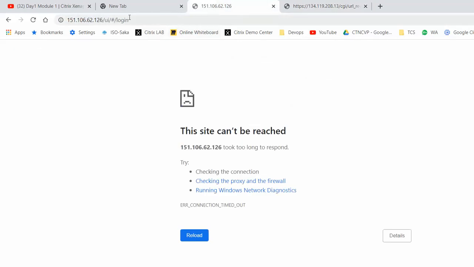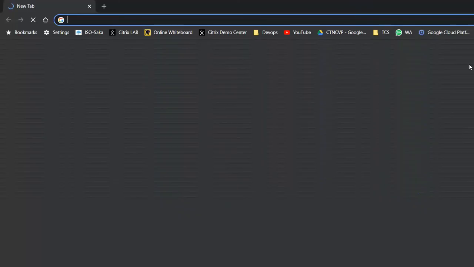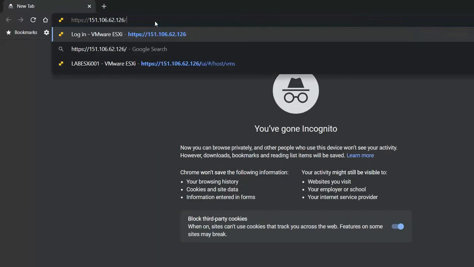So now refresh the screen. Better I would copy this IP address and go to an incognito window. There is a private browser, and I'm trying to access the server IP.